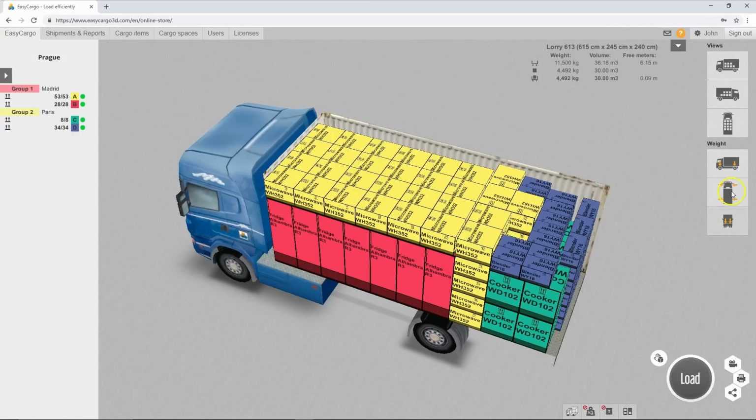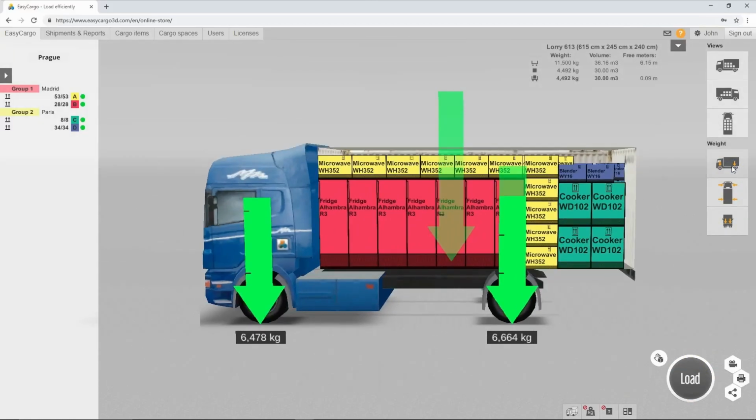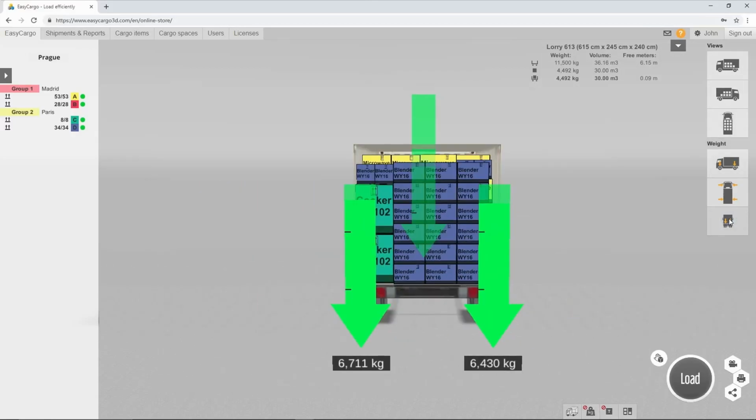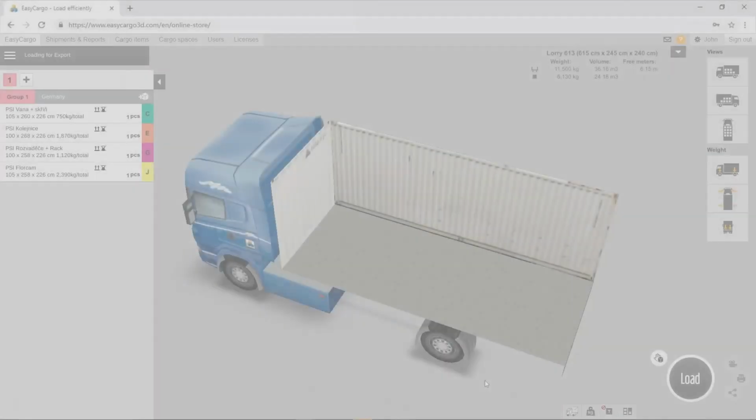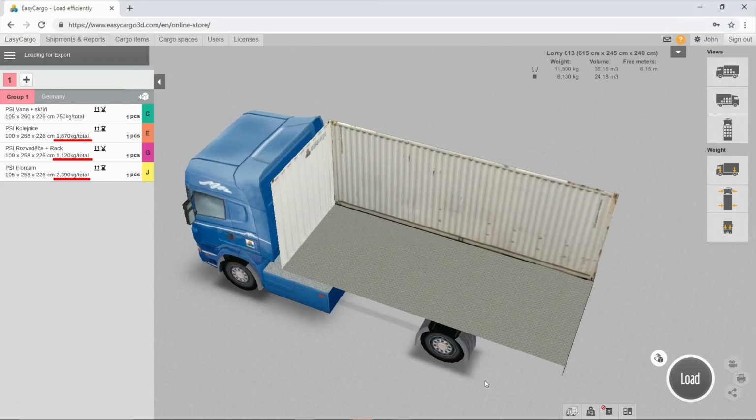In the weight distribution panel, you can see the total load of your vehicle. Each arrow can also display the minimum, current, and maximum possible load on each axle. You can see how much margin you have for a maximum load. This margin is also shown graphically by the transparent part of the arrow. This representation is at all important points of the cargo space, and you can also check the balance of the right and left sides.